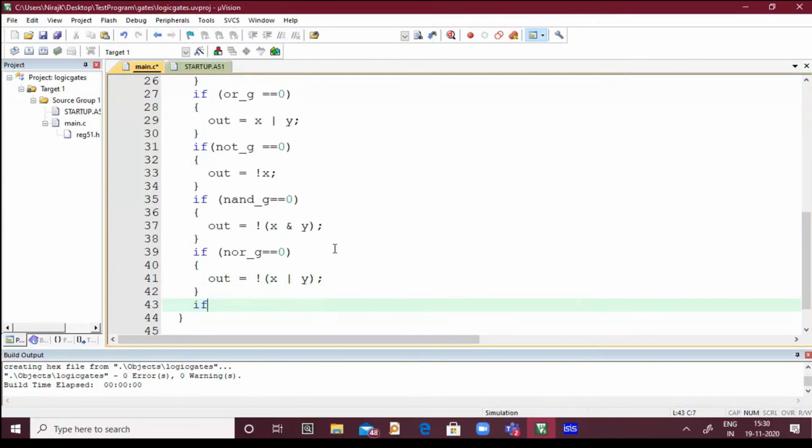Okay, then XOR. What is the truth table of XOR? XOR_G is equal to 0.